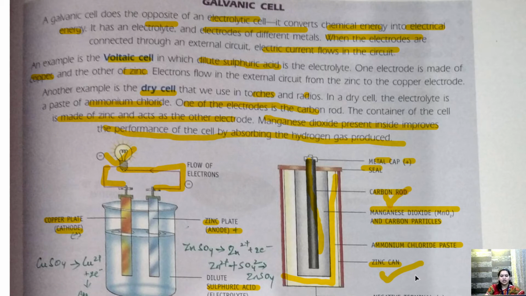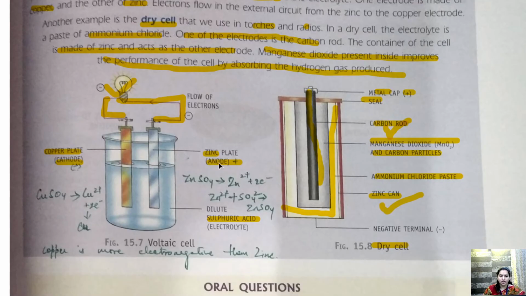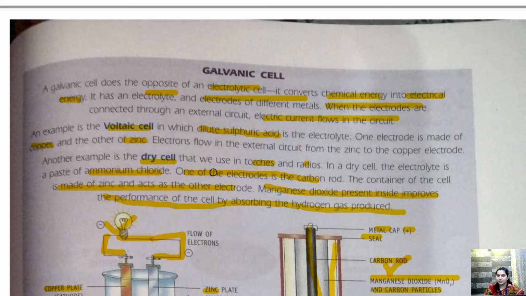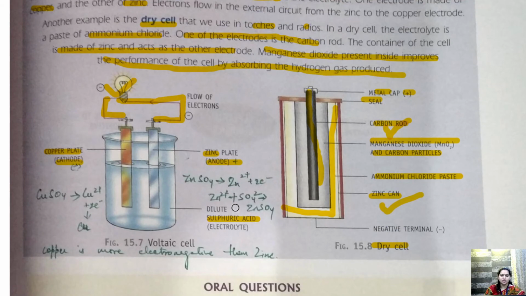Okay, so these are the two electrodes. Here also, ammonium chloride, so ammonium and chloride will be separated and will be connected to the respective ions, and hence electrons will be generated and will be transferred from one cell to another. Okay, hence electricity is produced. So this is the basic concept of a galvanic cell, children. We are not going into a deep concept of this. Only remember this, that copper is more electronegative than zinc. So copper will accept electrons and zinc will give electrons. Okay, so this was about the galvanic cell.